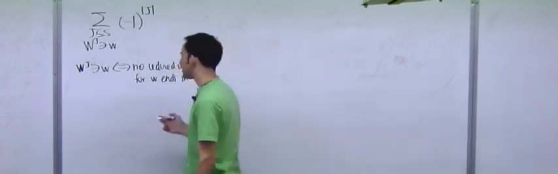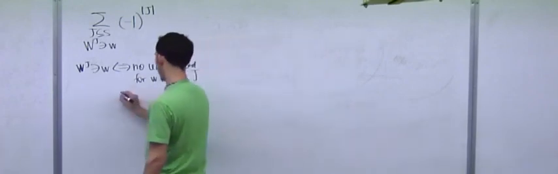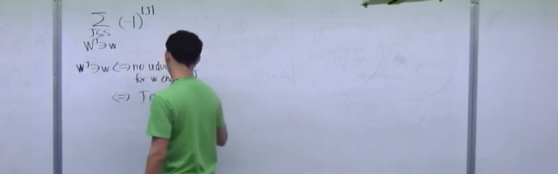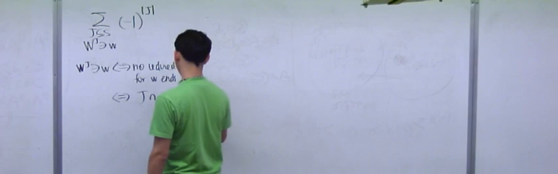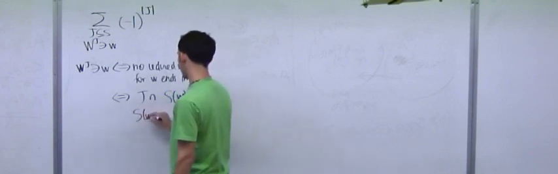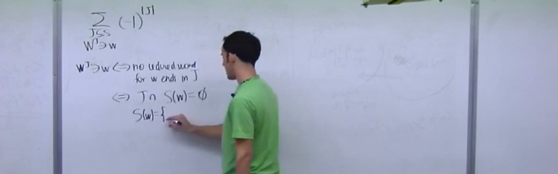So basically, what I can do is look at all the possible last letters that W can end in, and J can't contain any of them. Yeah? So J intersect, let me call it S of W, is the empty set,